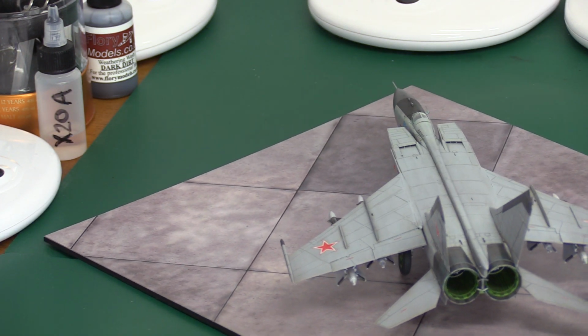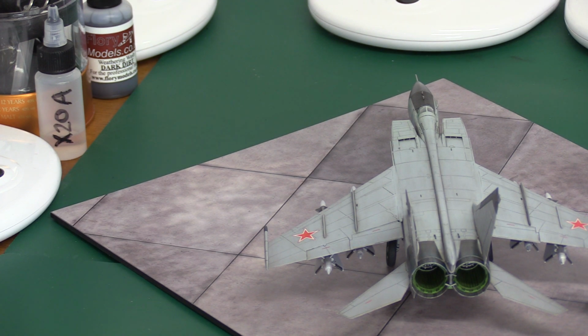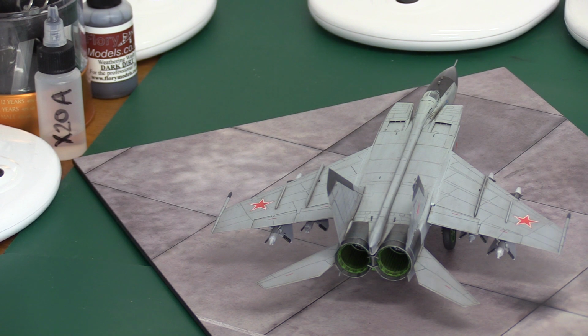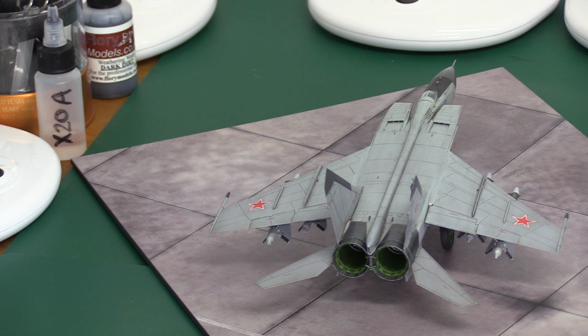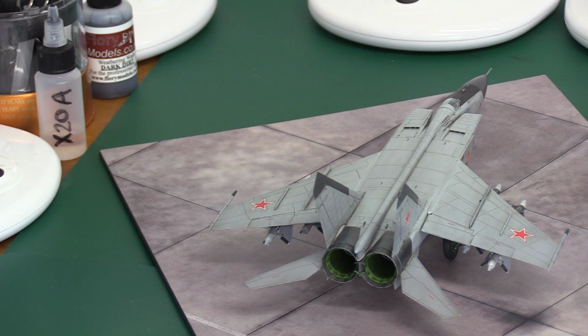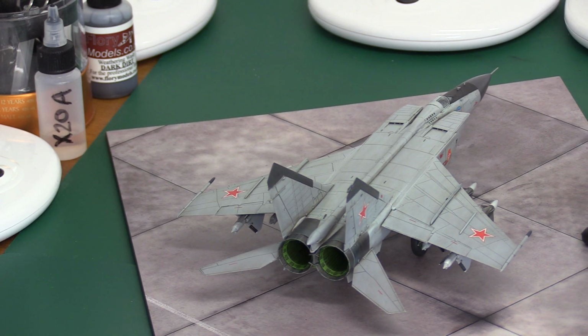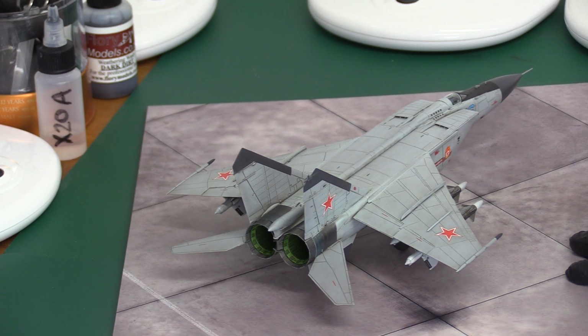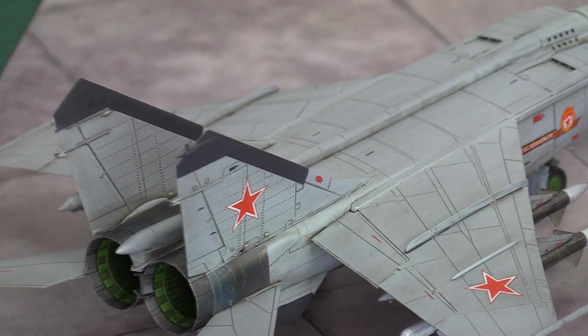Now then, you can see the metalwork that I've done. I'm very, very pleased with it, I've got to say. I used the Flory wash on it, the dark dirt, extensively, which has really given it that just right look. Because when I'd actually painted it, I thought it's too light, it looks wrong. But of course, if you put a wash on it, you can make it look a lot more realistic. And the metalwork, which was a challenge, especially with the paints, I used the AK Extreme metals, but